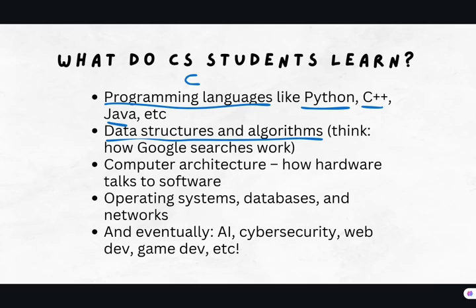Thank you. And yeah, so basically what DSA is, think of how Google searches work. Google is a search engine, right? And you enter a search there, for example, how to make a pizza, and then you get answers. So how many articles do you think people must have written on how to make a pizza? Thousands? Millions? Well, there are tons of articles out there, videos, even photographs on how to make a pizza, right?